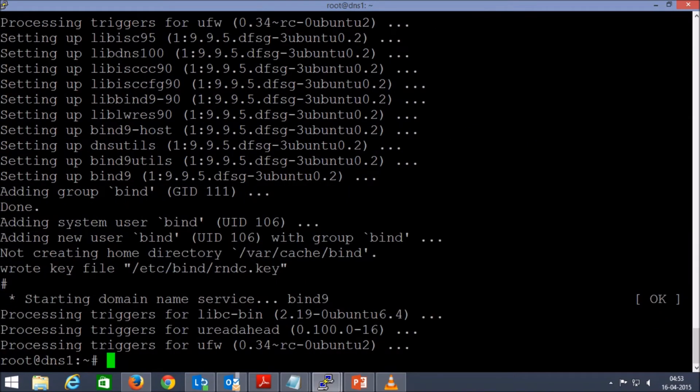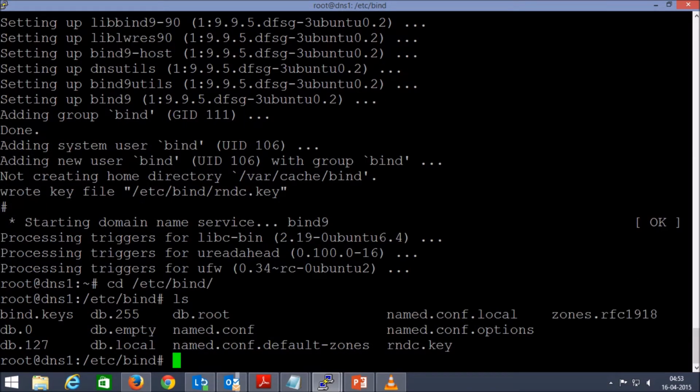Alright, both the packages get installed, and now we'll move to cd /etc/bind, and in bind you can find all the files.